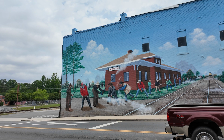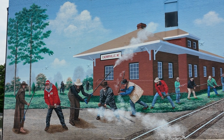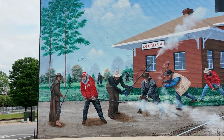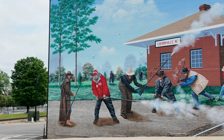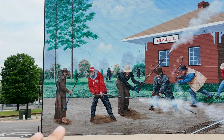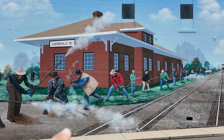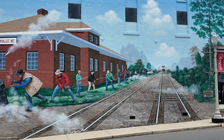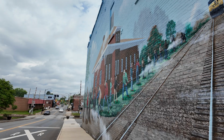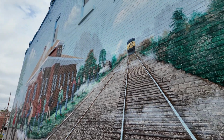And look at all the guys out here with their guns, shooting their guns. What the heck's going on here? This guy's got just a red jacket and a baseball cap on. It says shooters. And some of the other guys got cowboy hats on, they got dusters on. I don't really know what this is symbolizing, but they're shooting across the railroad track with an oncoming train coming. Okay, so I made my way across the street to take a closer look at this awesome